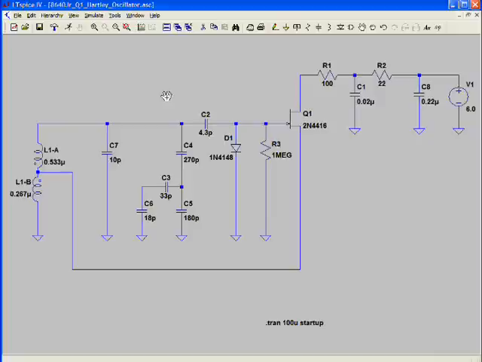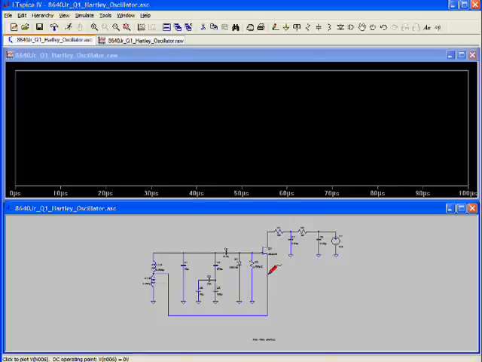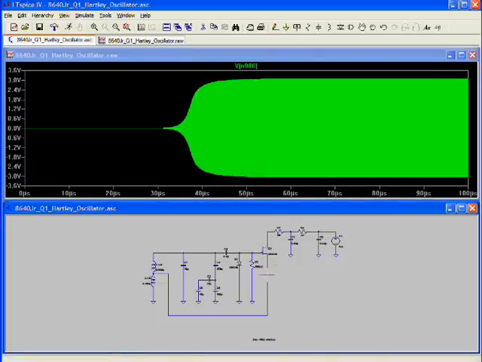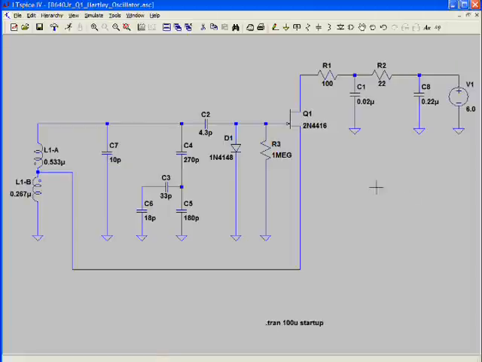There we go. Escape. So now if I rerun this and let it finish and then probe our circuit, it still oscillates. That's not very realistic. So to make it a little more realistic, what I like to do is specify a